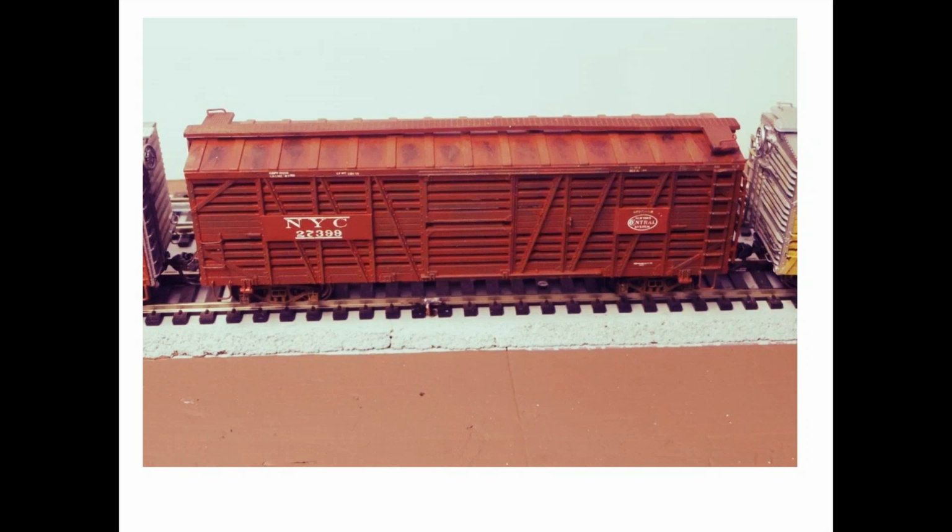So this happens to be one of the models I did of it. Like I said, I actually did it with the convertible cars, this fixed double deck car in New York Central in the 27,000 series. And it basically did the same way. I painted them freight car red, I think it was. I don't quite see it, but anyways, and then